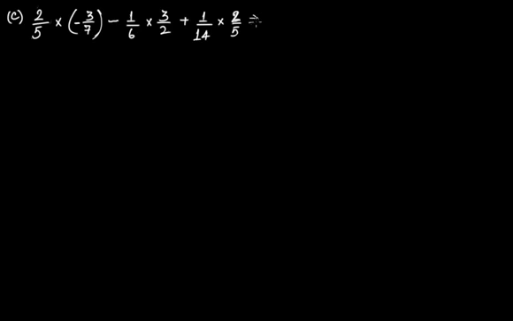This expression can be written as 2 over 5 times minus 3 over 7 only, the same thing, plus minus 1 over 6 times 3 over 2. We can write this as this one, because if you open the bracket, this is plus, this is minus, this becomes minus, and plus 1 over 14